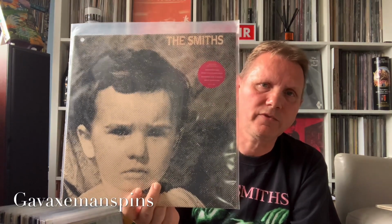So what would be number 1, I hear you all asking. So for me, if I was at a record fair today, I'd got 40 quid in my pocket, I'd got no Smiths 12-inch singles in my collection, this is the one I would, with 40 years of hindsight, go and buy. And it is That Joke Isn't Funny Anymore,